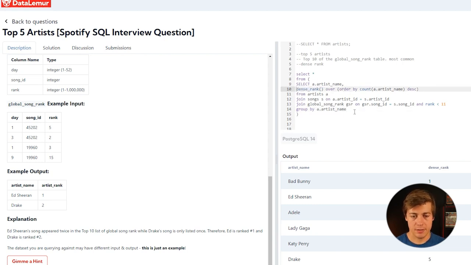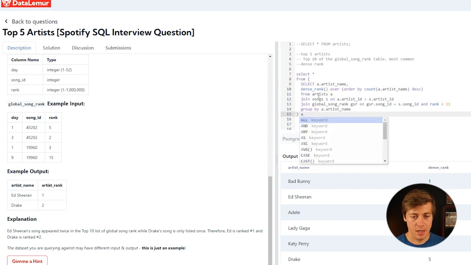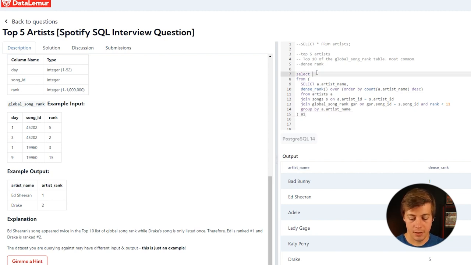So put that over here. Just going to make this a little bit nicer. Then tab that over. We're going to say this is A, and we're going to grab, well, we have artist A. So let's name this as A1. So we're going to have A1.artist name. And then we need an artist rank. So we'll have artist rank over here, but we need to grab that from this, which we didn't even name. So we're going to say this as ranking, and then we'll put over here